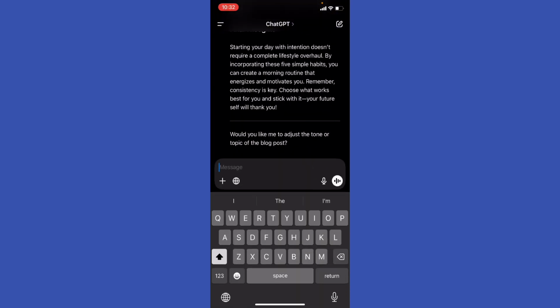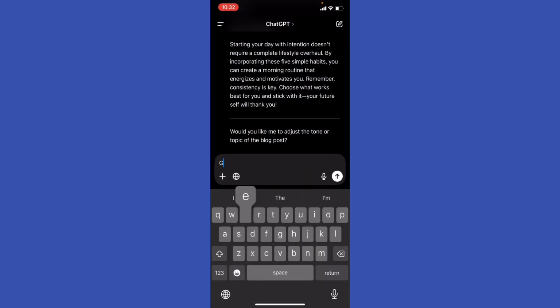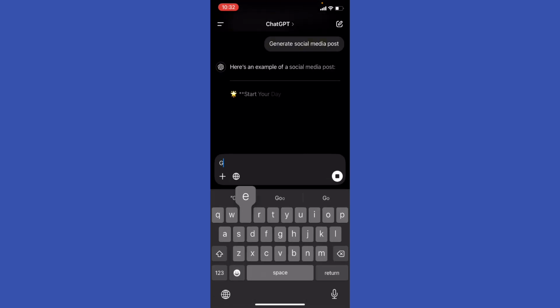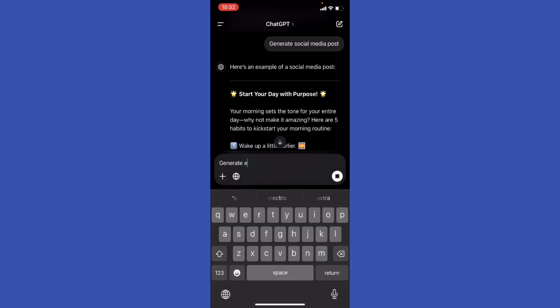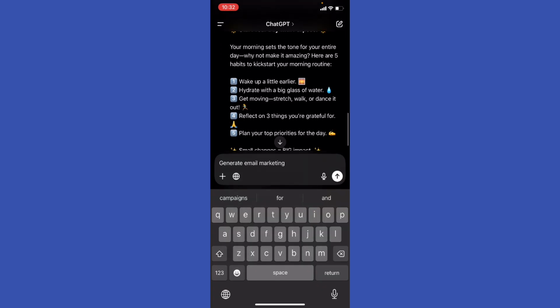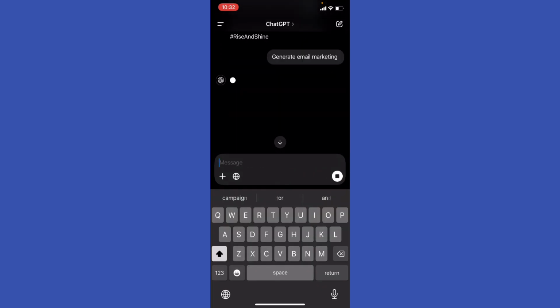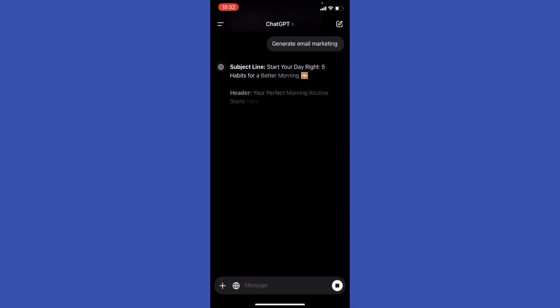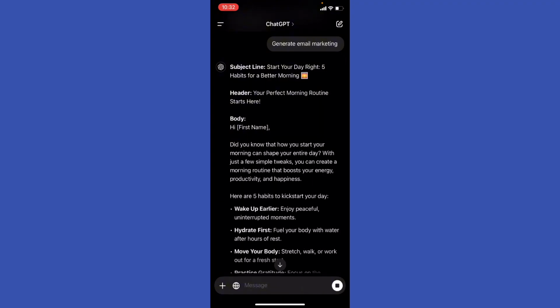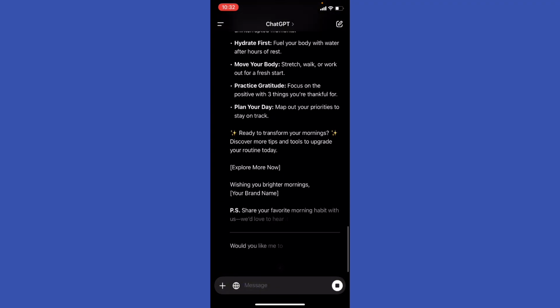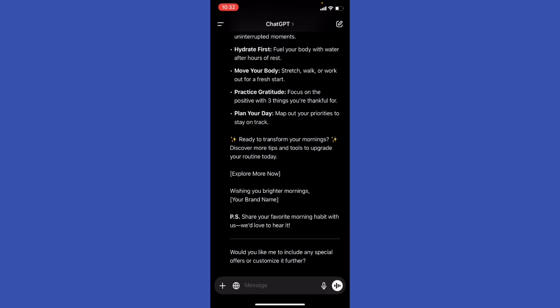And you can generate social media posts and email marketing. By using ChatGPT, you can significantly speed up your content creation process, and it also works with data analysis and